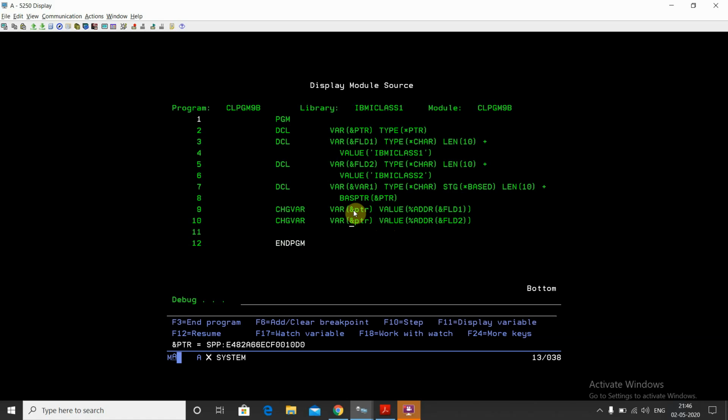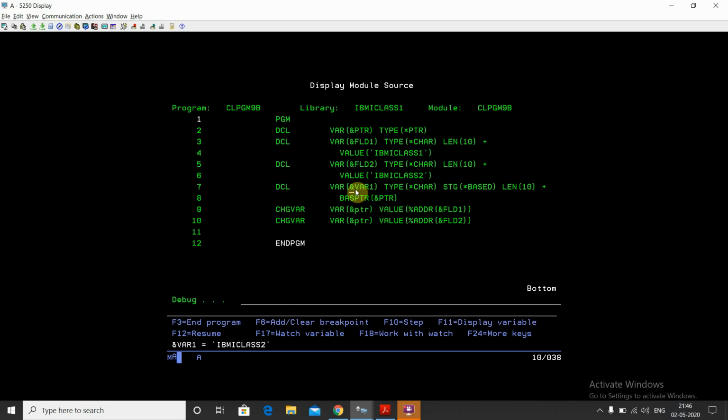If I do eval again, pointer colon C, then 10, it has the value of field 2, IBMI class 2, in its first 10 positions. Now if I see the value at var1, it has the value IBMI class 2. Earlier it had the value IBMI class 1.